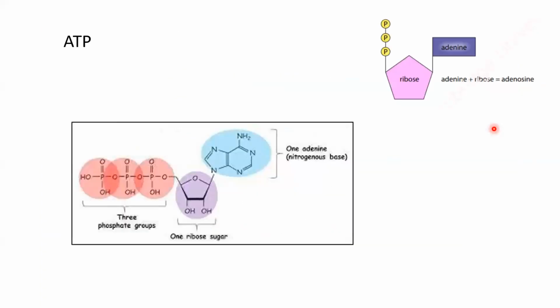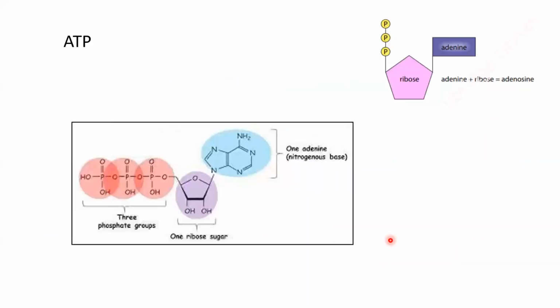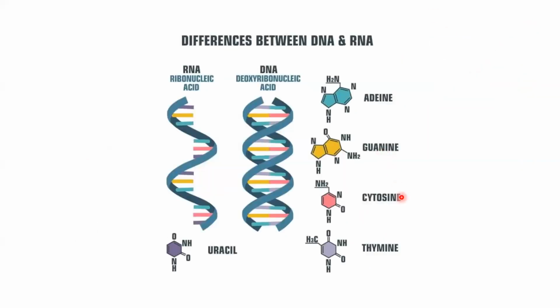I'm not talking about the phosphate yet. If it said GTP, it would be 3 phosphates, guanine with a ribose, making it guanosine triphosphate, right? Again, thymine with a ribose sugar. If I put thymine over here, it would form thymidine. Okay, uracil over there, uridine,